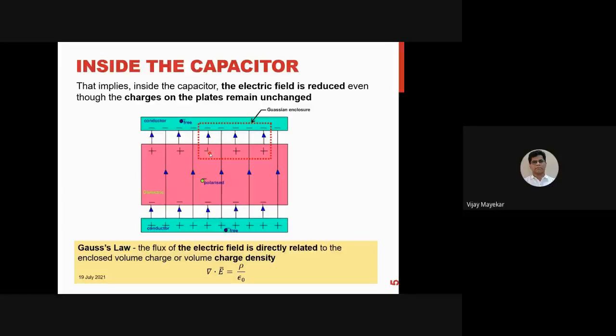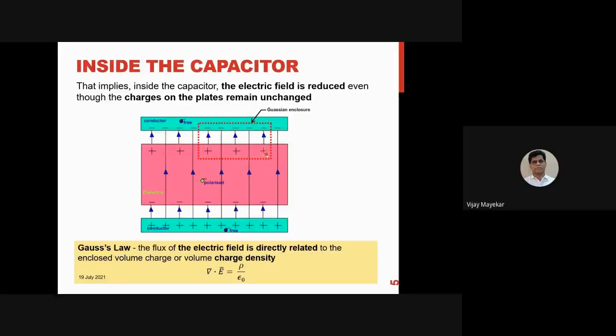How does it happen? As soon as we place a dielectric material between the two plates, this plate is negatively charged, and this is the closer surface of the dielectric to the negative charges. So we get positive charges by induction. The positive charges are induced on this side. The dielectric material does not give freedom to the charges. Basically, there are no free charges inside the dielectric material.